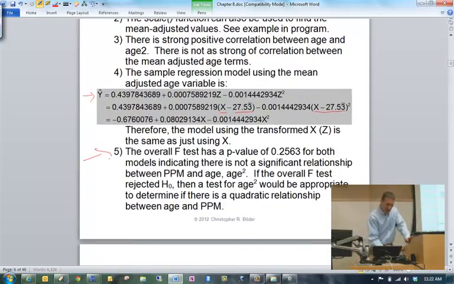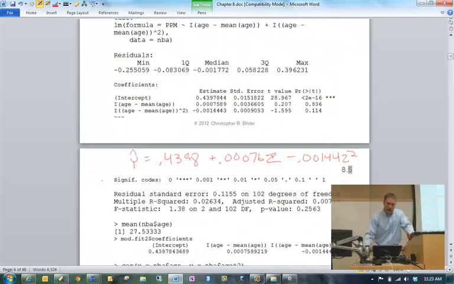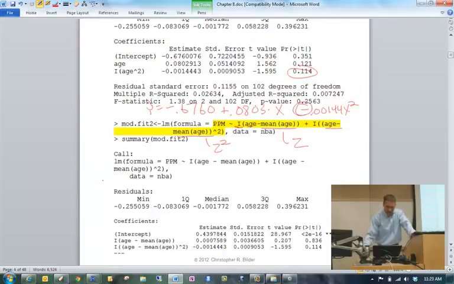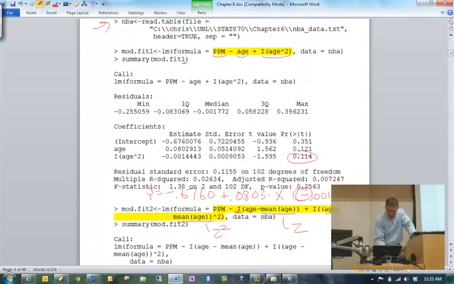Now before you even look at that t-test that we just did, that p-value, you might also want to look at an overall f-test, just to make an overall conclusion. Is age in a linear or quadratic form important? So, just as a review, where do we find the necessary information for the overall f-test? I can come right here.